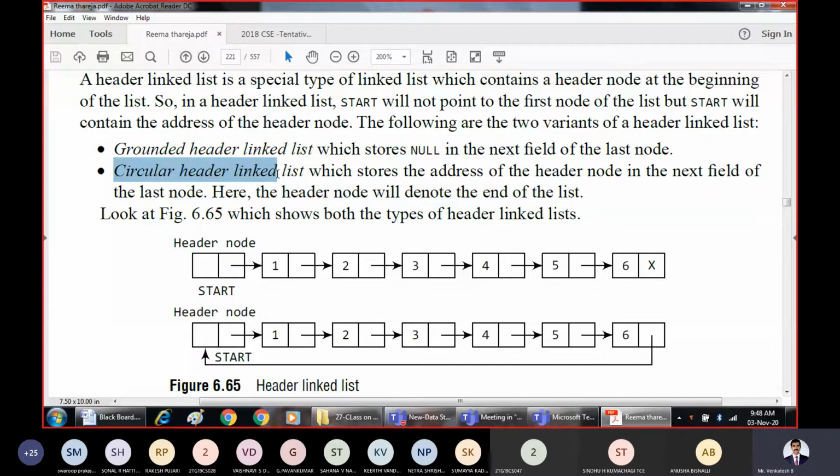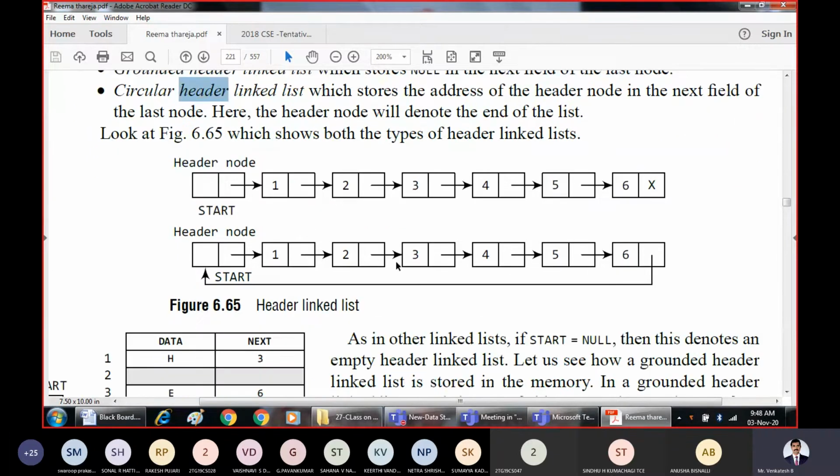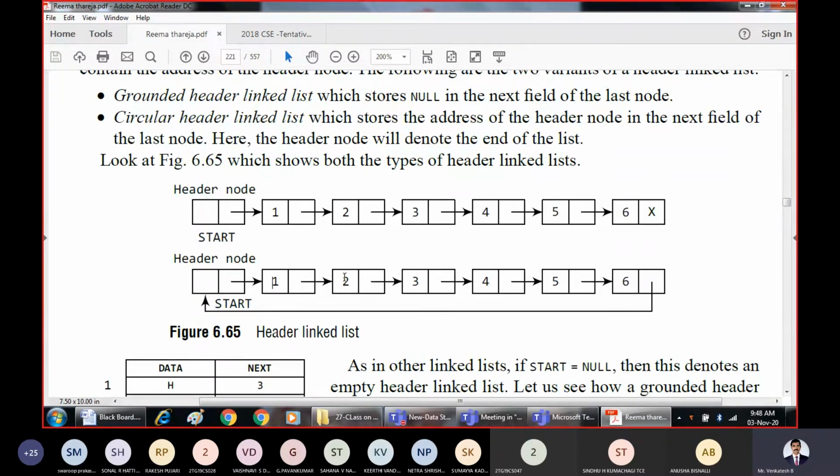So coming to the circular header linked list. As the name itself says, it is going to form a circle, like how we have studied circular queues and circular linked lists. It is also a circular linked list, but it contains a header node. This is an example of a circular header linked list.